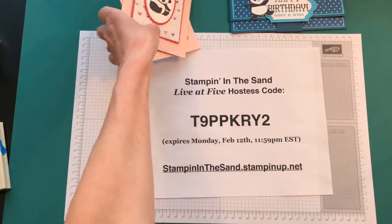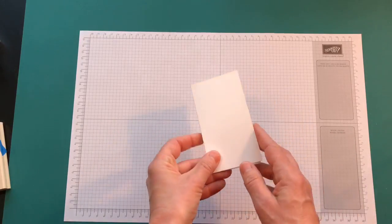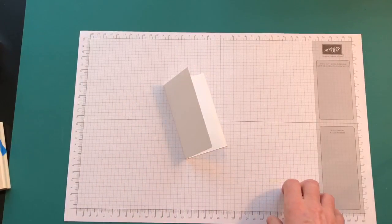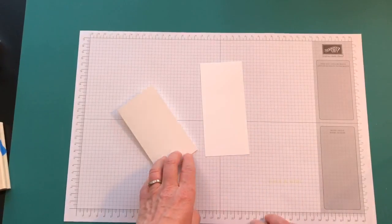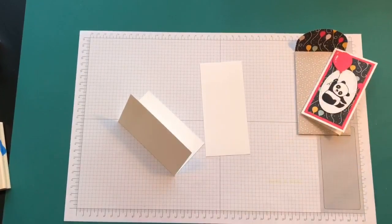Let me just clean off the table here, and we will get started, and I'll show you what you're going to need for today's class. So for today, you are going to need one of our narrow white note cards. Again, those are found in our Occasions catalog. You're going to need a scrap piece of Whisper White. That's going to be large enough for stamping your panda. And speaking of which, I guess I should bring him back in so I can remember what we're doing. You're also going to need